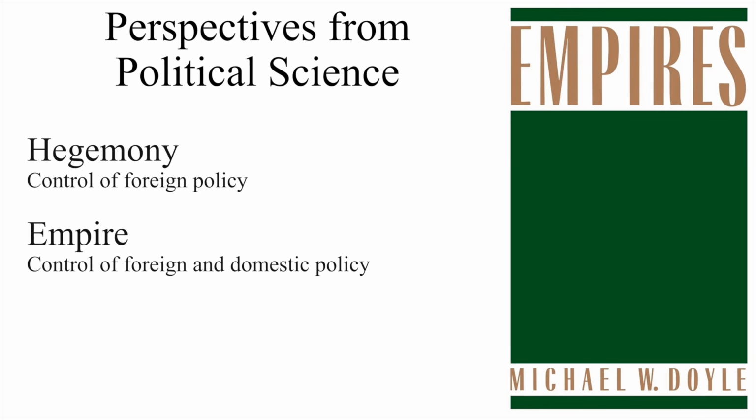Hegemony is basically being control of foreign policy. Thucydides was talking about this in relation to the Spartan hegemony, where Sparta controlled how states within its political orbit interacted with others, but didn't really mess with internal affairs of state at all, whereas imperialism is control over internal affairs of state. And this gets into geopolitical relationships and governance.